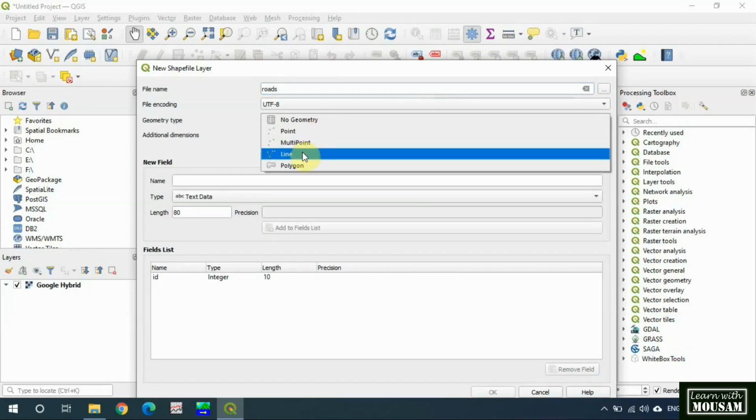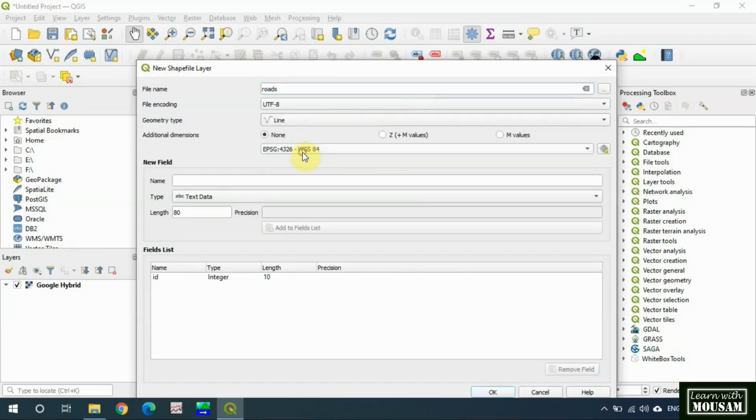Now give the type of data you want to digitize. And if you want to add a field in the attribute table, you have to give the name, type and size of data and click on add to field list and OK.